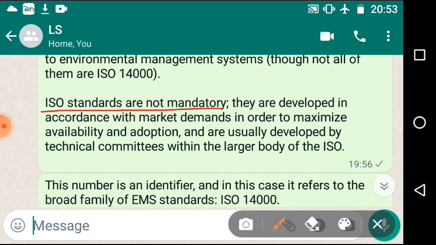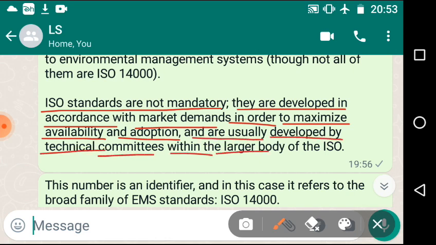You'll see here, ISO standards are not mandatory. It has not been said that you have to follow the ISO standard. Still, you will see in every food item, in every company, at the back label, it is written ISO certified company. That means they follow the ISO protocol, the environmental standards set up by the ISO, and they are reducing the pollutants in the environment.